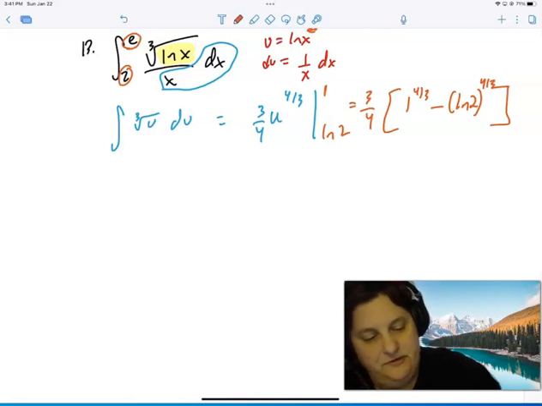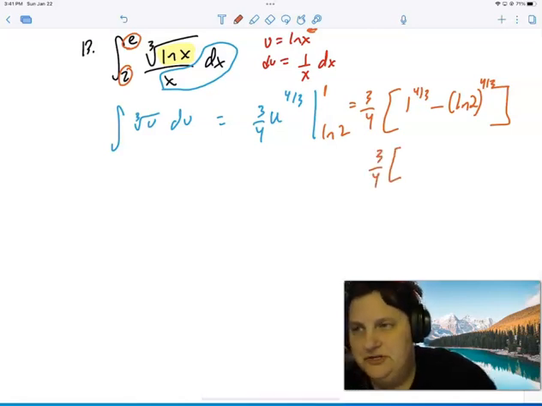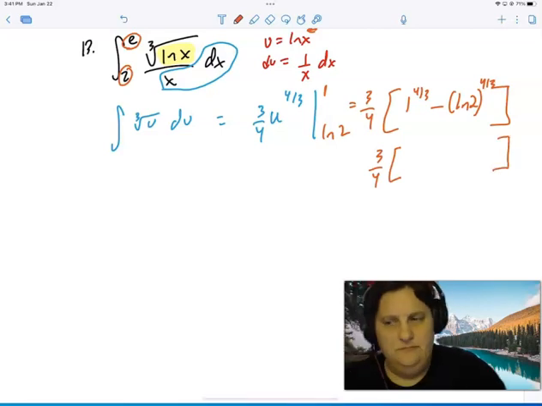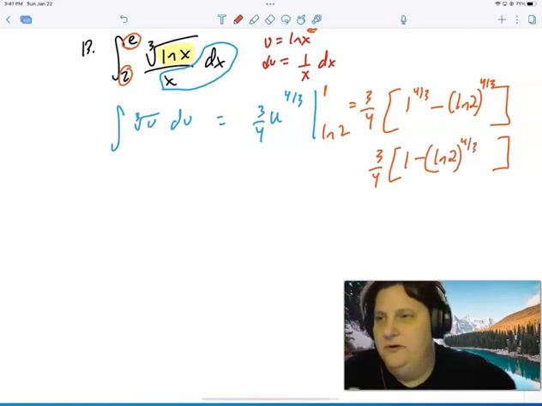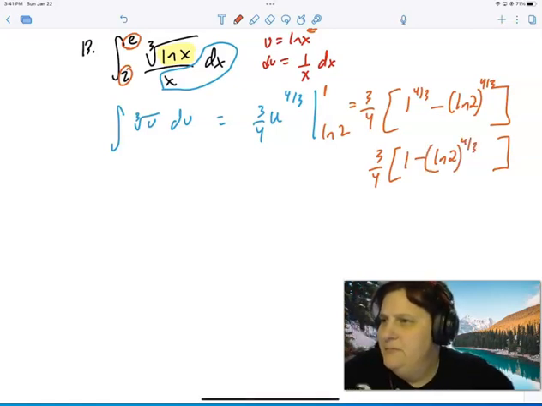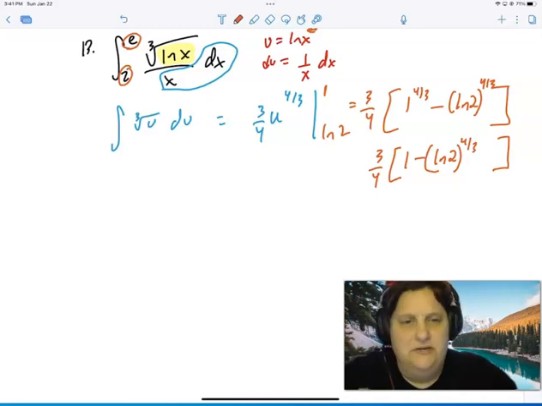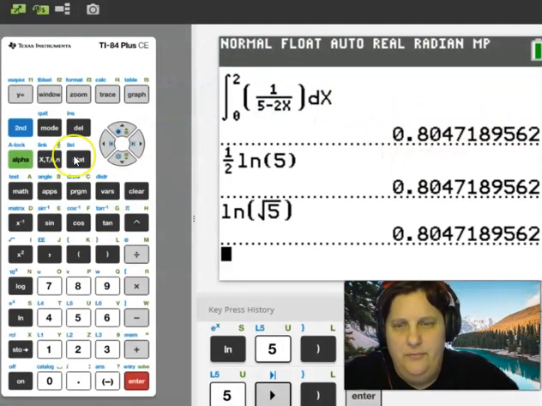I mean, the 1 doesn't have to be to the 4/3. So it could just be like 3/4. And it can be 1 minus ln of 2 to the 4/3. Okay? So how do I check something like that? Well, when I put it in here,